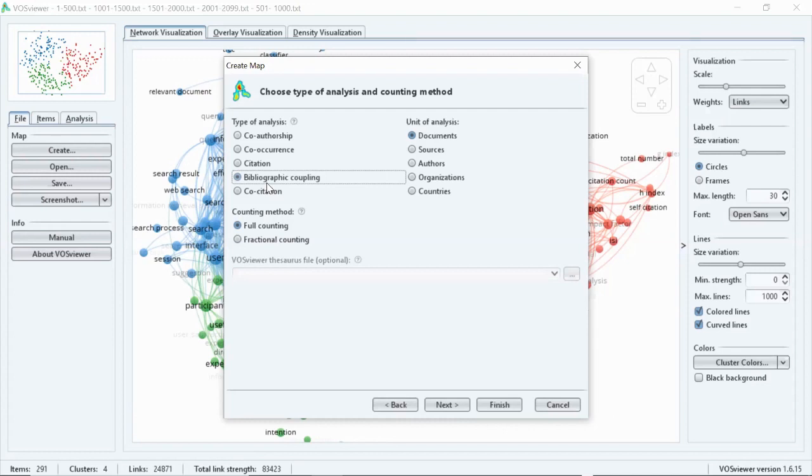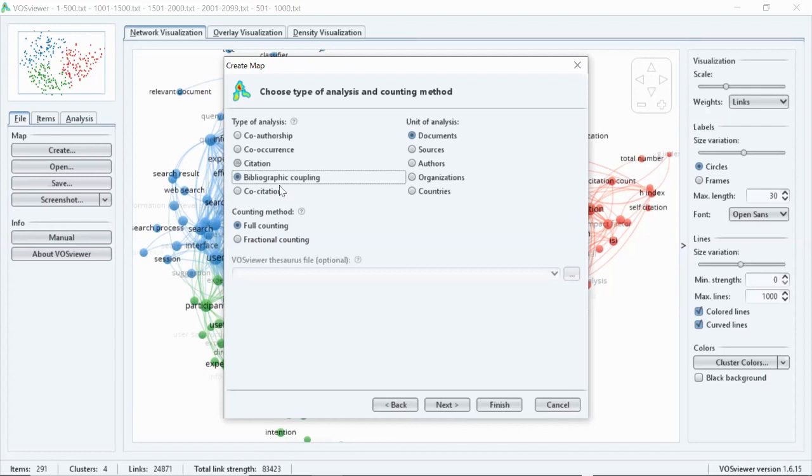You will name these documents as A, B, and C. When A and B together cite the document C in their publication, it is called bibliographic coupling. When the document C cites A and B in its publication, it is called co-citation. I think this is one of the simplest definitions of it.